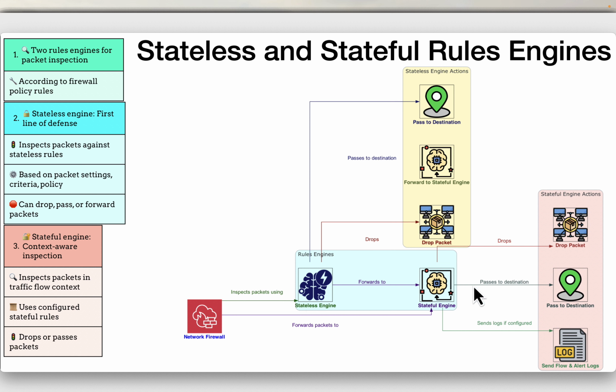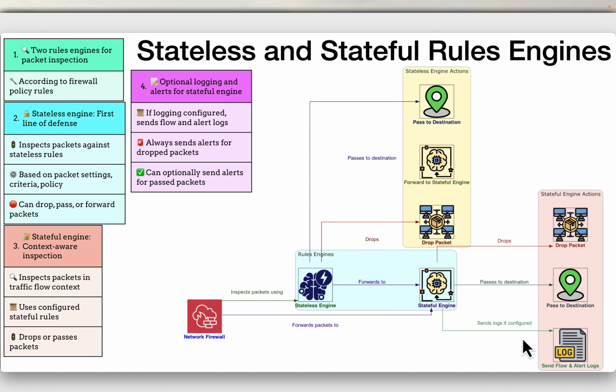This can also drop, pass to the destination, or send a log if configured. So there is optional logging and alerts for the stateful engine. If logging is configured, the stateful engine sends flow and alert logs to the firewall logs. It always sends alerts for dropped packets and can optionally send alerts for passed packets as well.